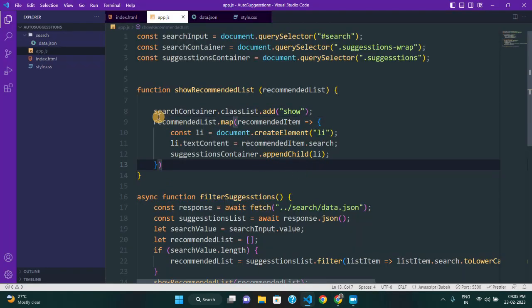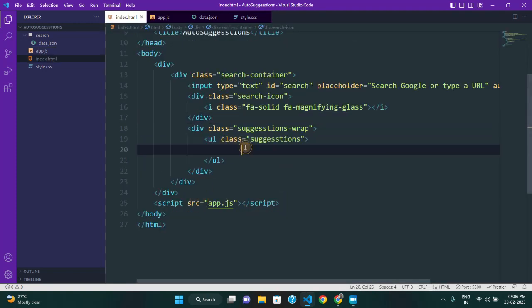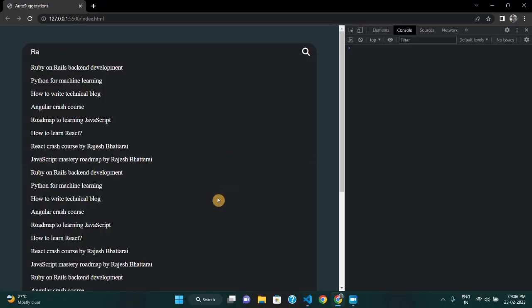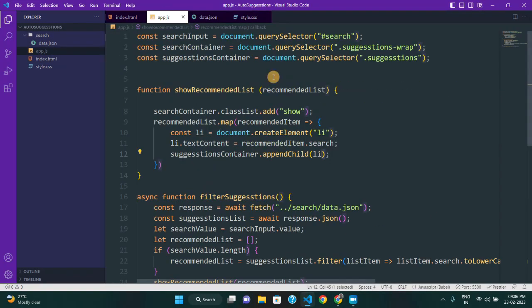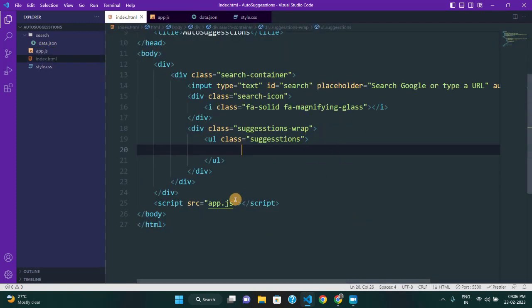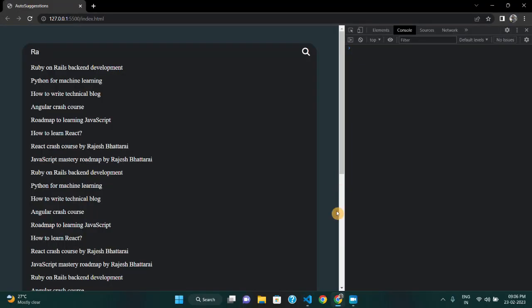Earlier when I typed r, it filtered and gave me this recommended list, and what we have done is we have created a unique li element and inserted this recommended list data inside this li element, and appended it inside the ul, right? And now it is already there, and as soon as I type a, it gives me a new set of filter, and again it is creating li, and then it is adding that li on top of the previous li element. So whenever a new filter is done, we need to remove